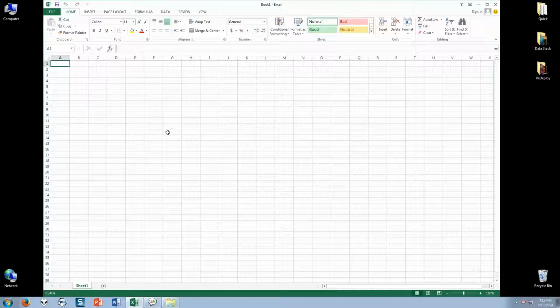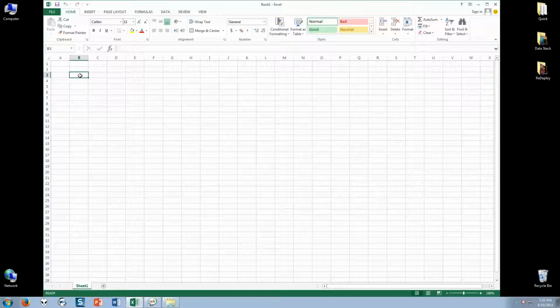You'll notice that your cursor's different. My cursor over here is that large, kind of thicker white plus sign. That's going to let you select individual cells whenever you left click. If you click on any cell, it highlights that cell. Left clicking brings that highlighted border on, and that means that the cell is active or selected. Anything I type, anything I change, such as bold or italic font, is only going to happen to the selected